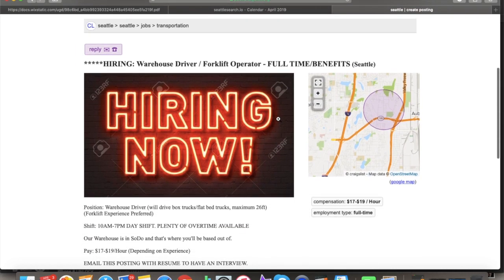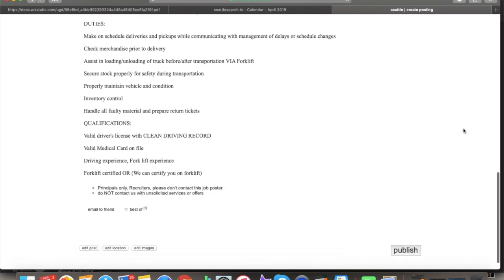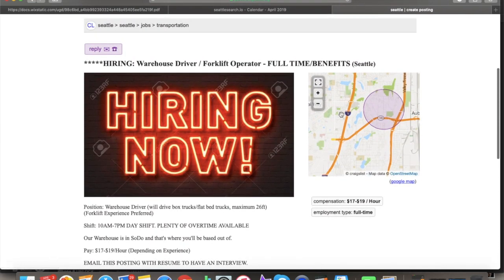Now, a lot of the times people don't understand that to make money, you need to spend money. So to make your recruiting really, really work, you actually need to put ads up. You need to advertise that you're hiring for a job. So for general labor especially, you cannot just sit back and expect people to be found on LinkedIn, or you can't do simple things like that. Like, you need to use Craigslist, you need to use Indeed, but for the purposes of this video specifically, I'm just trying to explain how you can make $10,000 in a week utilizing a Craigslist ad like this